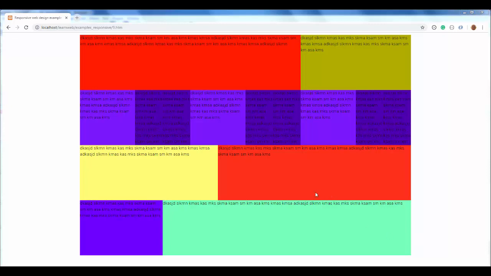This web page is based on a grid of 12 columns. In the first row, there are two divs: the div class equal grid 8 and the div class equal grid 4. 8 and 4 is 12. There are no margins, and